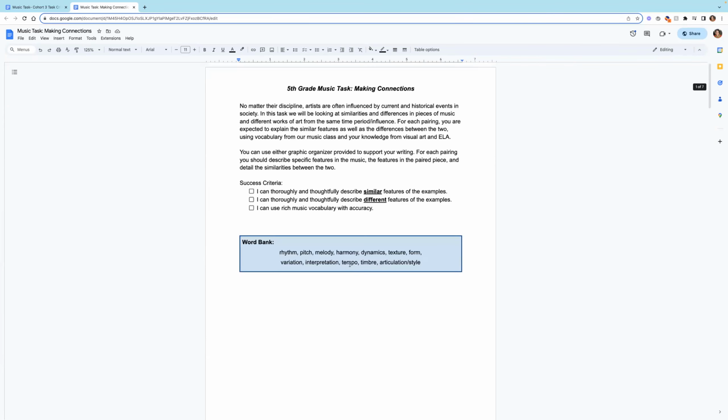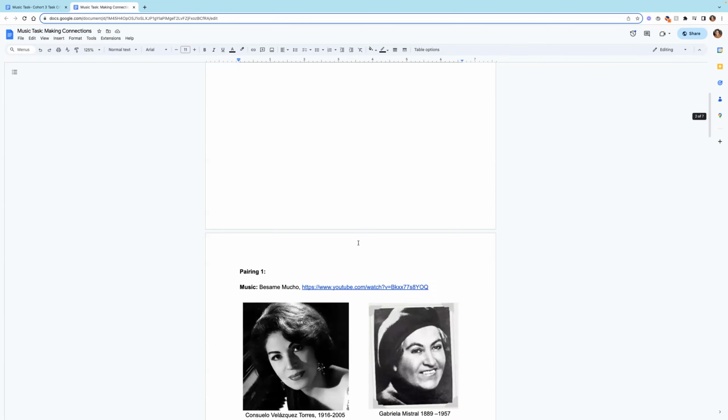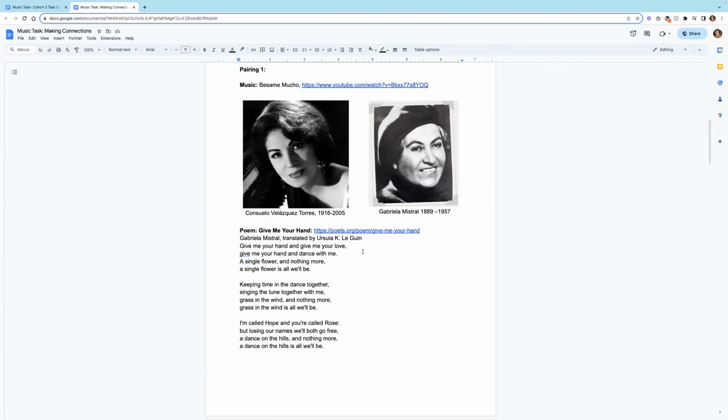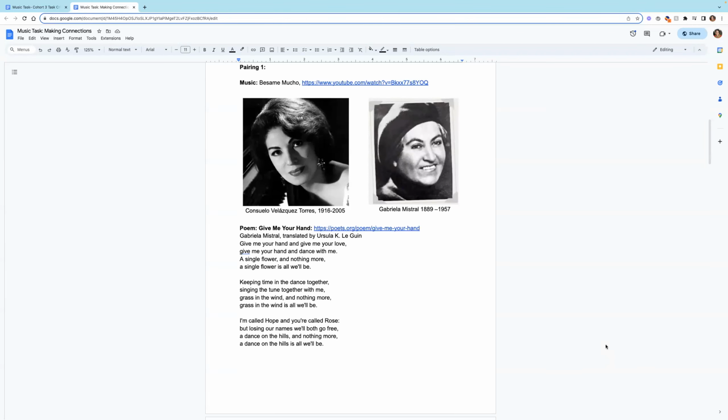And so what I did is I went through, I included just a brief introduction. I added success criteria and the word bank. I created a pairing that involved female artists, and then I thought about also including some images of the artists, as well as the period during which they lived, to give them a little bit more context,